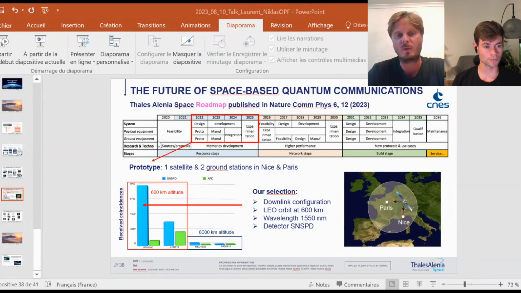Our colleagues in research labs are also working on quantum memory development, which is important for us, because otherwise it will be complicated to have a commercial service for the quantum internet. Then we target to go through the network stage in 2026. We will see. We can discuss, and do a check at that time to see if we are on time. There is another slide that I wanted to show.